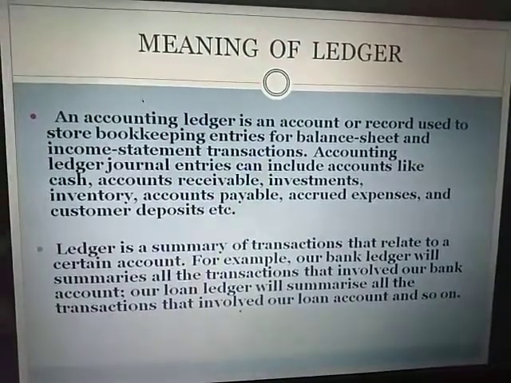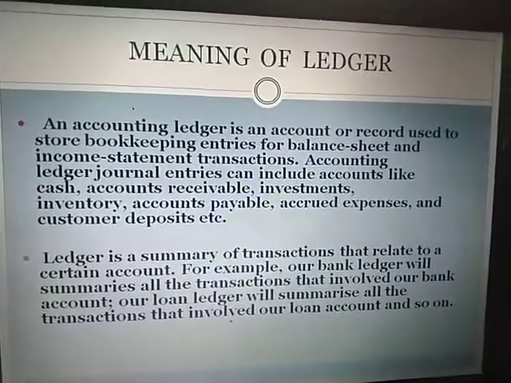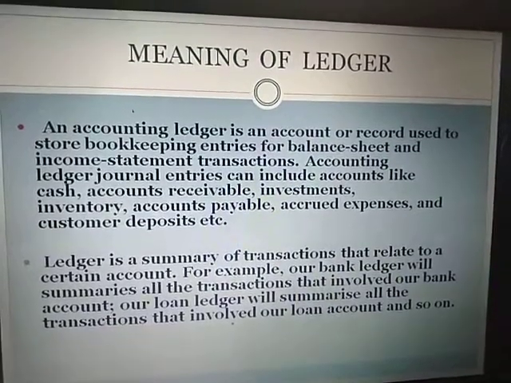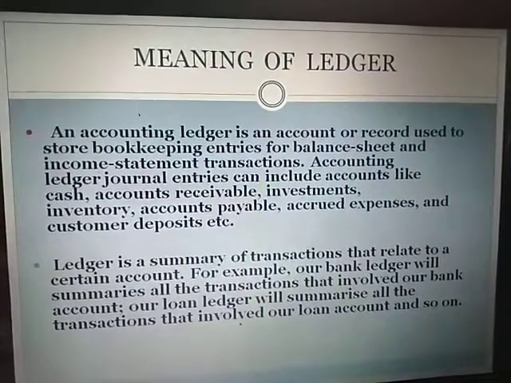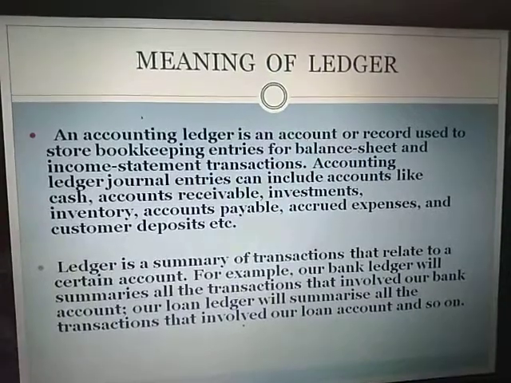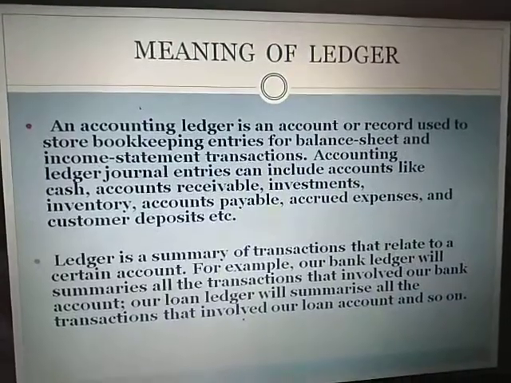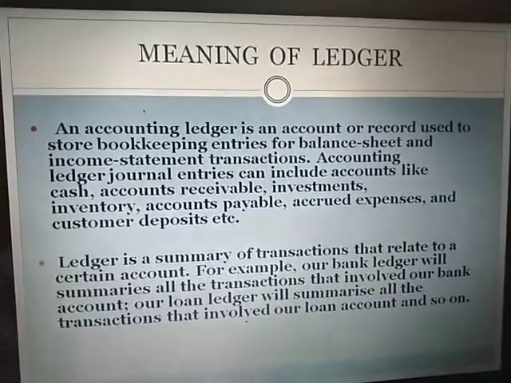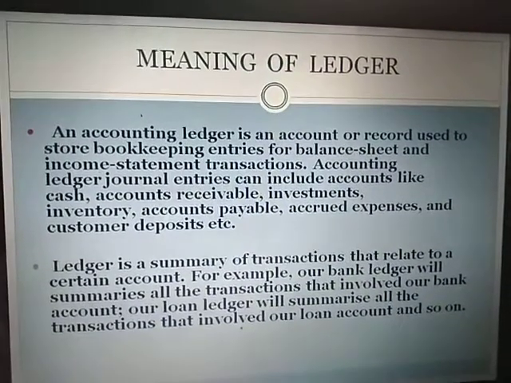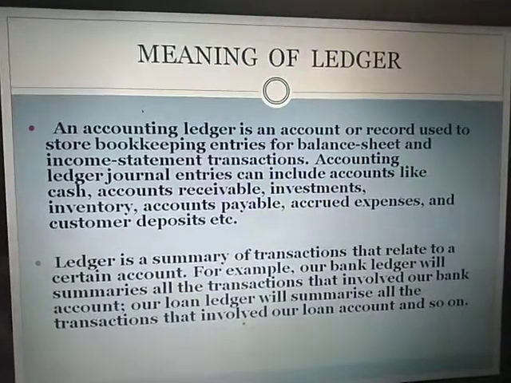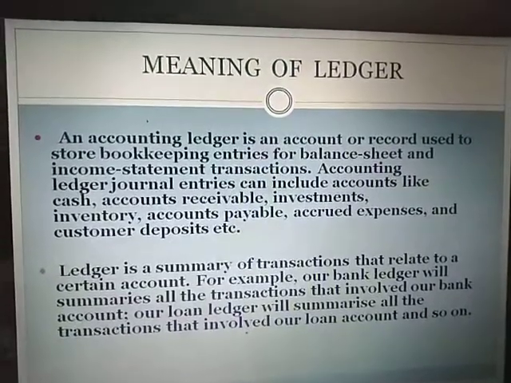So first of all, I would like to discuss with you what is the meaning of ledger. Ledger is nothing but a summary of all the transactions that are related to a particular expense or to a particular income or to a particular account. Like for example, I have given you cash account, bills payable account, bills receivable account, then salary account. So what is happening here is that we are recording all the transactions related to cash. That means whether we are purchasing or we are making a payment, everything, the details of the cash transactions, will be recorded in this ledger account, that is cash account.